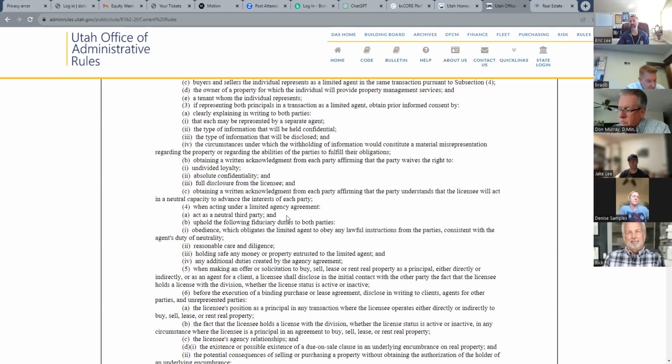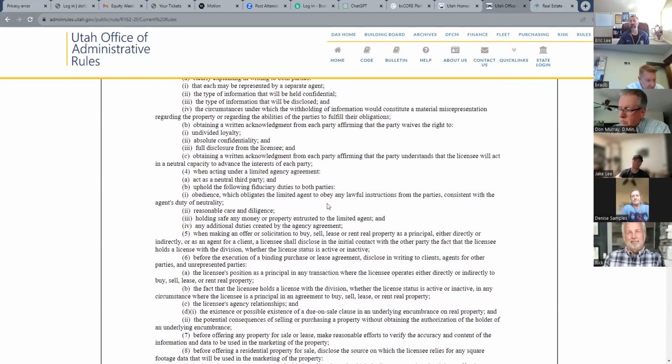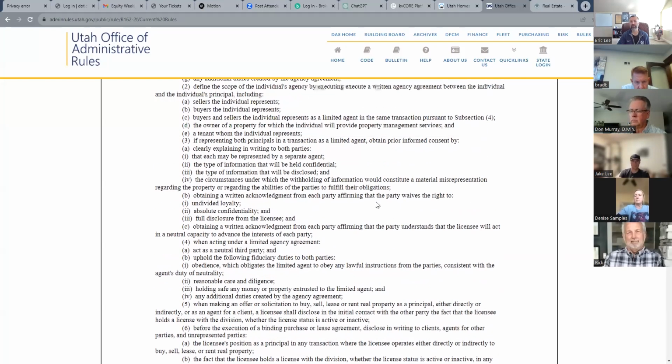All right. And we have to be very careful about upholding the fiduciary duties to both parties. So obedience, we're obeying any lawful instructions from the parties. It is not lawful to hide material facts. So we're obeying lawful instructions consistent with the agent's duty of neutrality. We've got reasonable care and diligence still in place. We're holding safe earnest monies, and any additional duties created by the agency agreement. All right. So I wanted to go over this section here, 2, 3, and 4 in particular today,